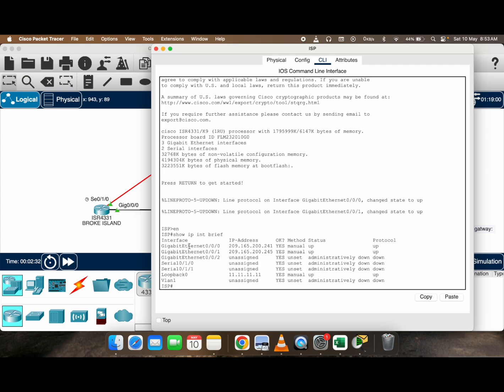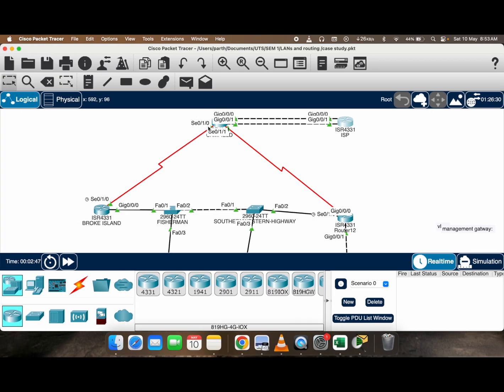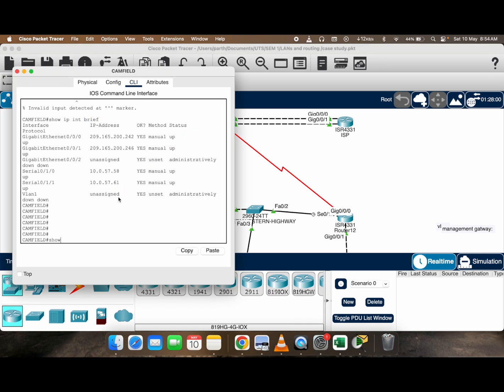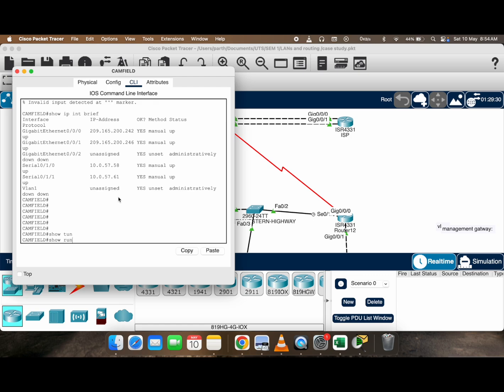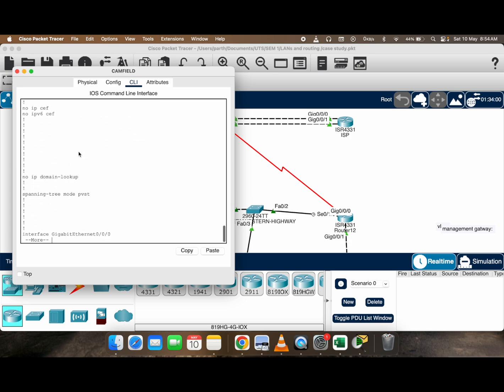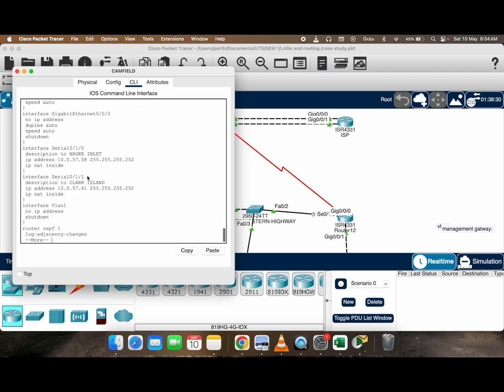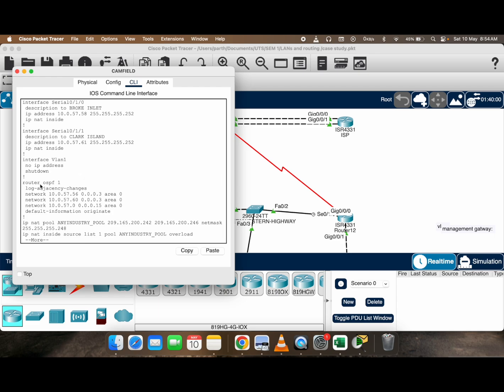Here is the interface, and the loopback interface is 1.1.1.1. The host name is Camfield, and the enable password and all the other things are listed here: no ip domain lookup, interface gig 0 primary to ISP, interface gig 0 secondary to ISP, and the serial connection is here. Here you can see router OSPF,